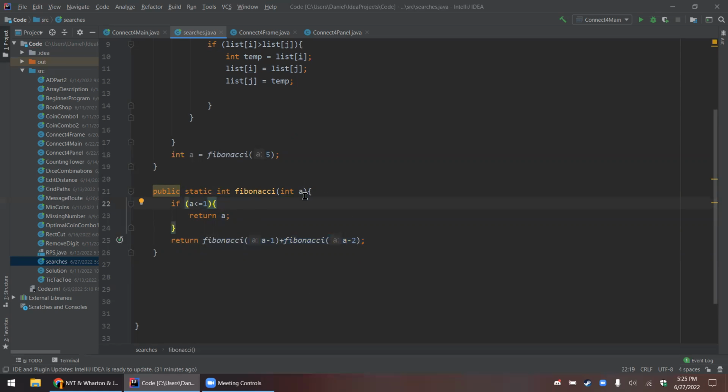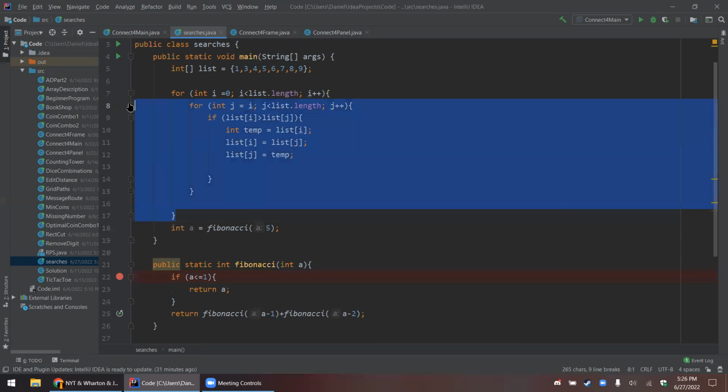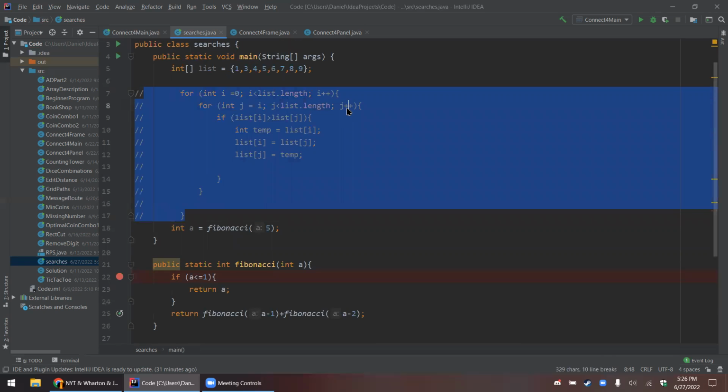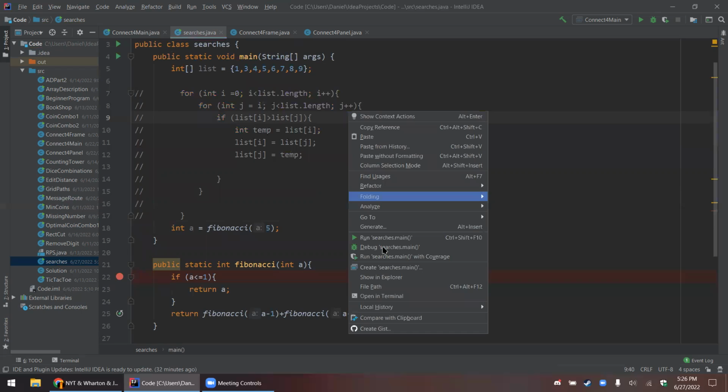But since the computer doesn't know what the 4th Fibonacci number is, this method, when it calls itself, will then find the 3rd and 2nd Fibonacci number. And then it'll keep calling itself until it reaches 1 or less. And then it'll return 1 and then recursively go through all those steps. So in other words, if we run it as an example,